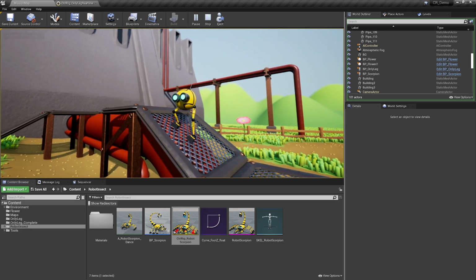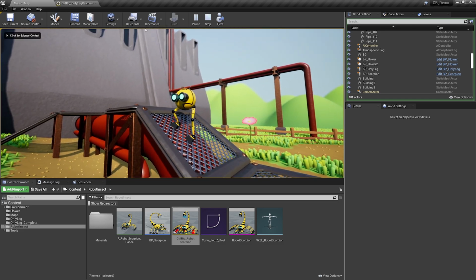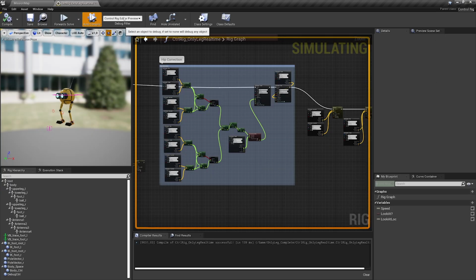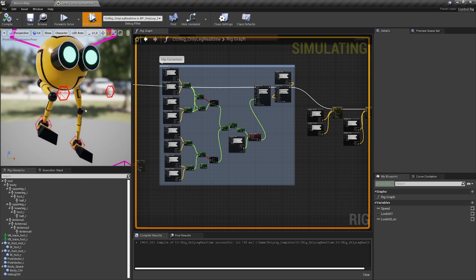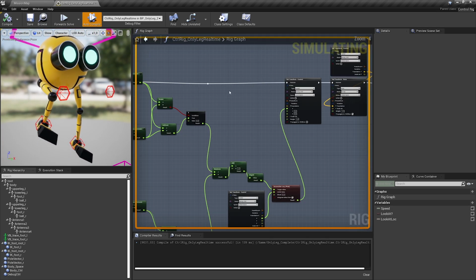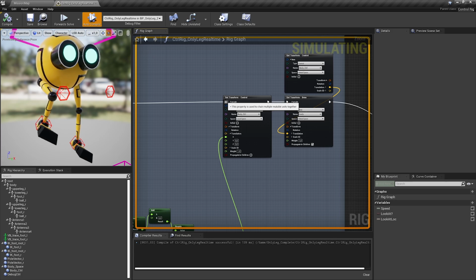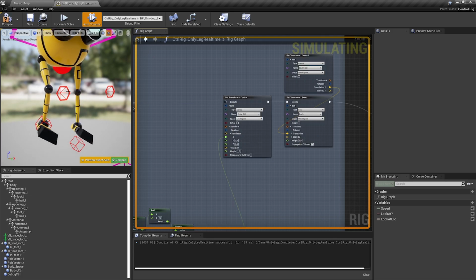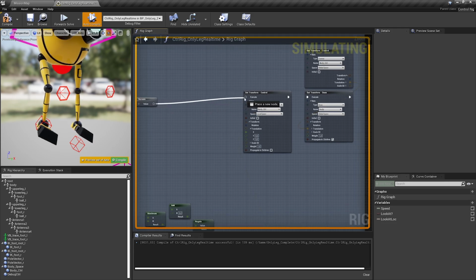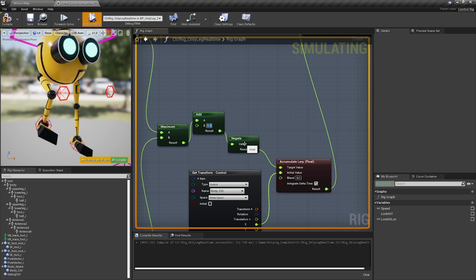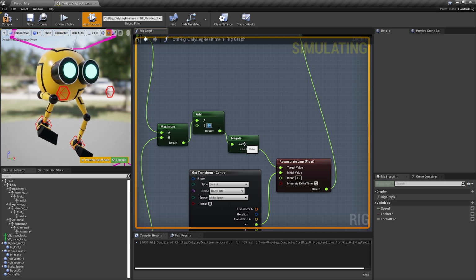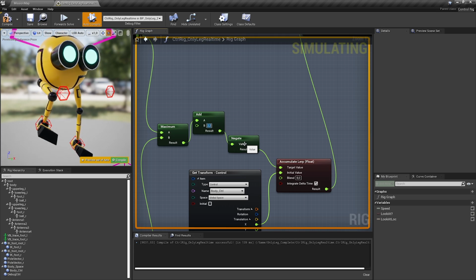So first of all, what's really handy is you can use Control Rig to watch instances in the level. So I changed the filter to the instance I'm in, and then tada, I can see him in his current pose in the gameplay situation, which is super handy. So if I take a look at the hip and we remove this execution node, you can see no hip adjustment, and that's the reason why I implemented it. So he tries to reach this point but can't. Let's plug that back in. And it's not only for debugging, but I can also find my magic numbers here. As I said, I modeled him in the wrong way, so I had to do some adjustments here. And that was really handy.